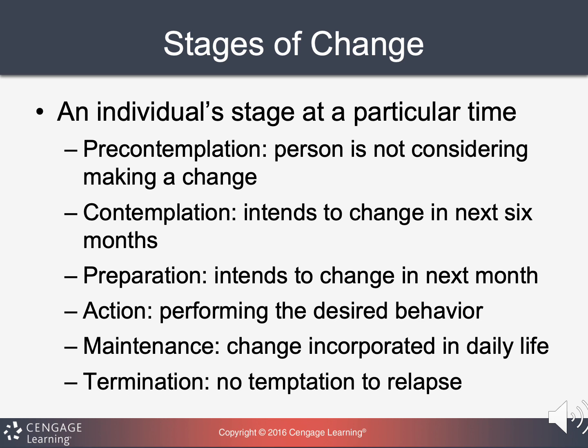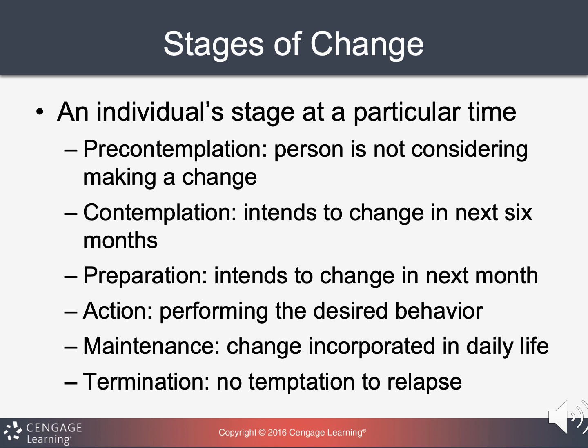And then the contemplation stage is where the person thinks about changing in the future. Maybe they want to quit one day, they just don't know when, and they're thinking about the pros and cons of smoking cessation and when to do that. The preparation stage is when the person wants to make the change in the near future, usually within a month, and they're doing small things to get ready for the change. So maybe thinking about how much money they could save, or maybe thinking about taking more walks, or just how they're going to try to not take smoke breaks, or maybe distract themselves in a certain way.